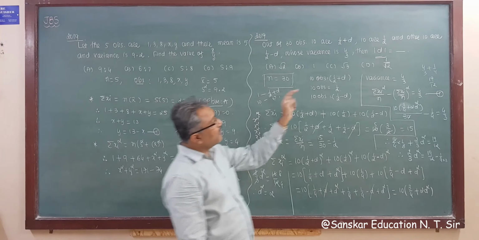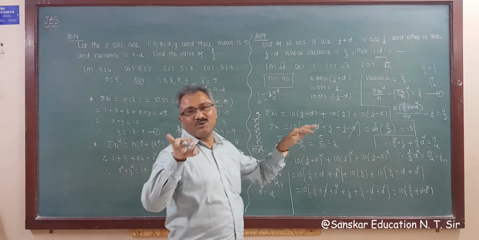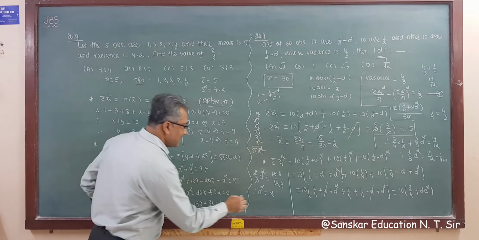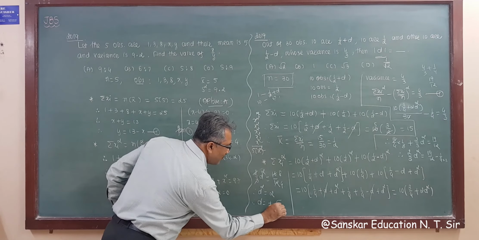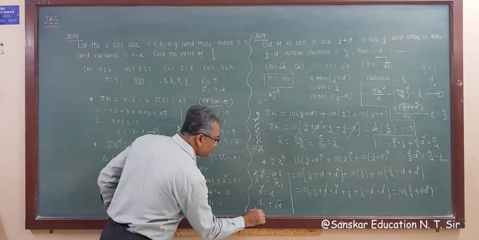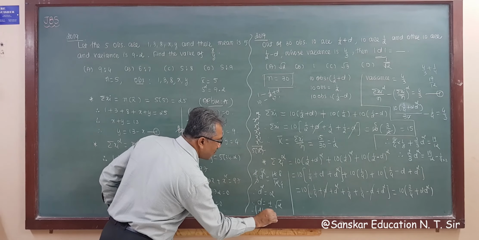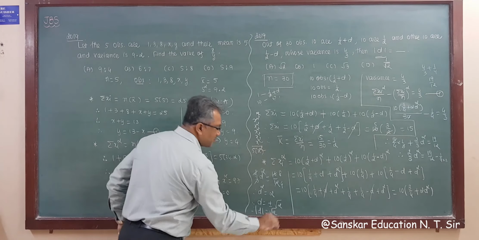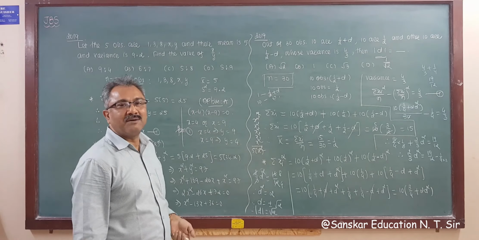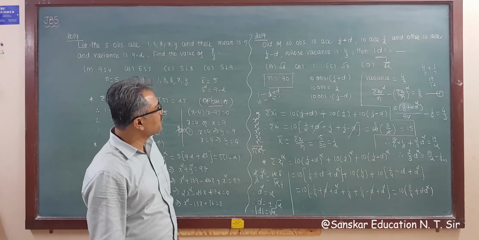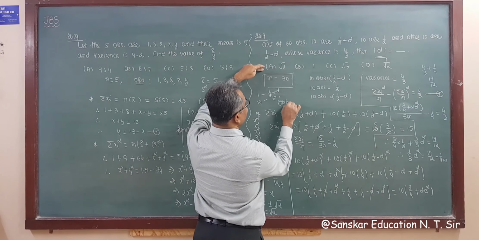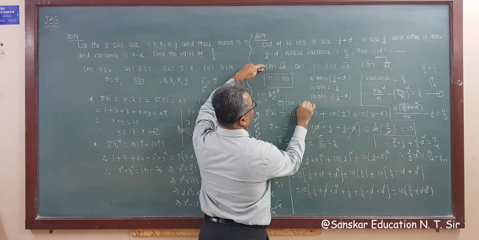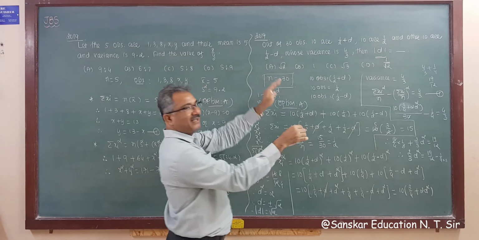But we have to find out modulus of d, so no need to write plus or minus. If we take d, then d is plus or minus root 2. But we have to take modulus of d, so modulus of d is only root 2, because with modulus all negative values become plus. So root 2 is your correct answer. I am writing the answer at last here: option A is your correct answer.